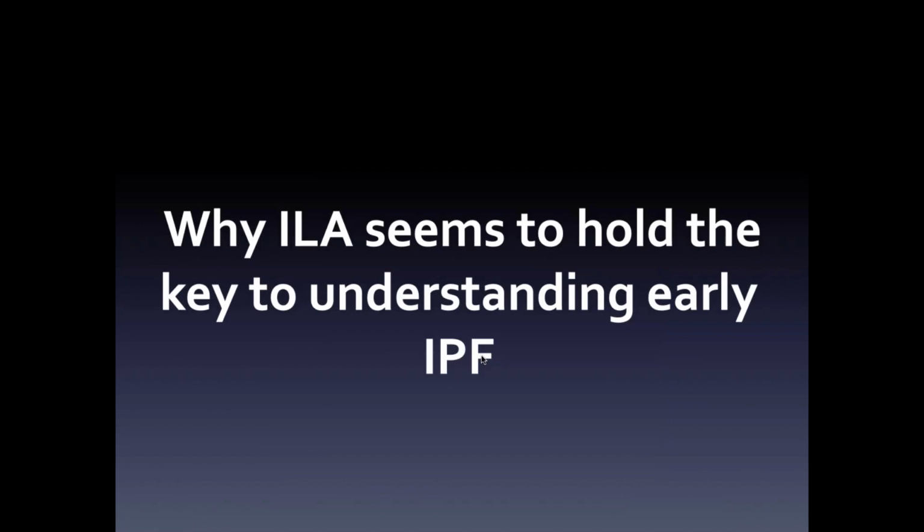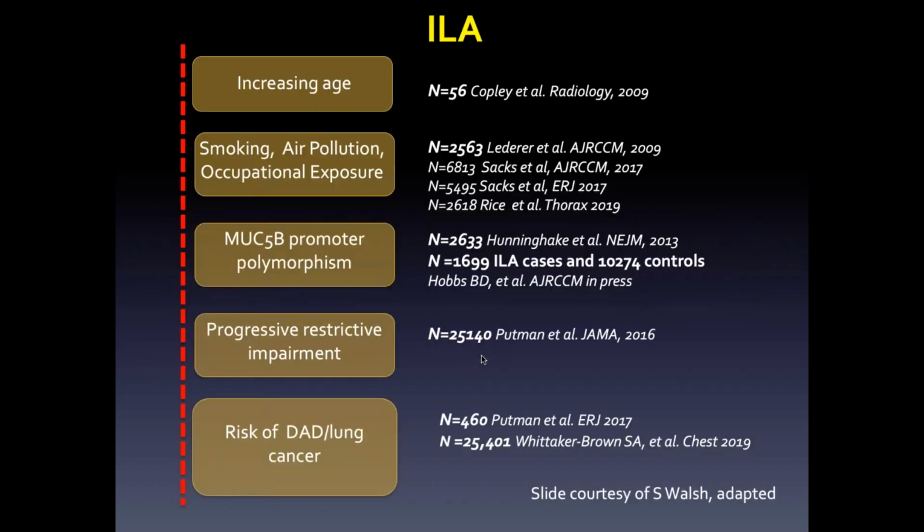And ILA seems to be an important milestone to understand early IPF. We know that ILA is observed more frequently in the elderly compared to young subjects. It is related to smoking habit, and we have a very recent paper showing that it can be related to air pollution or occupational exposure. We have an association between ILA and MUC5B promoter polymorphism,